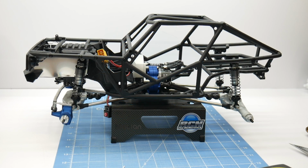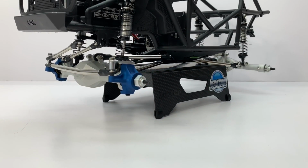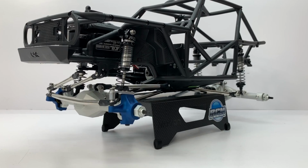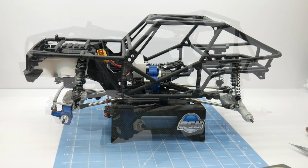I decided to go ahead and make some aluminum panels for my 1.9 Wraith. A lot of you guys had recommended I do a how-to video on how I make my panels. Now, I'm definitely not an expert at this, but I've built them a few times now. So let me give you some of my tips and tricks on making your own aluminum panels for your rock